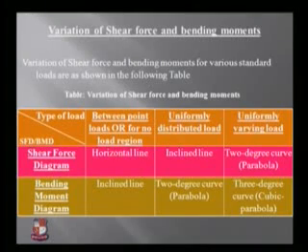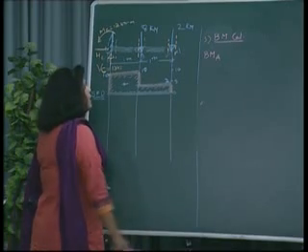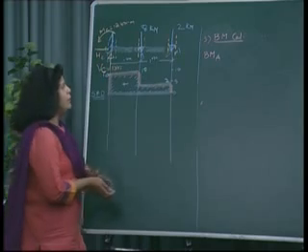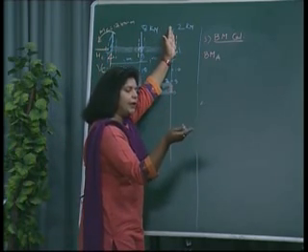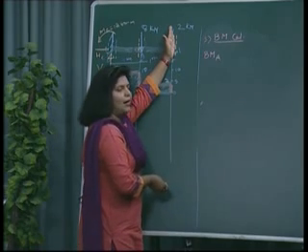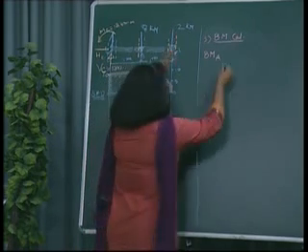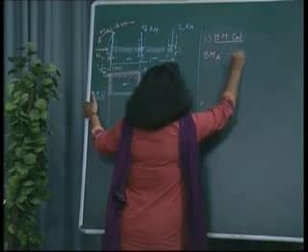At point A, for the bending moment, we will put our hand at point A and see on the right side of the section. Is there any force? There is no force to produce moment. So, bending moment value will be 0.